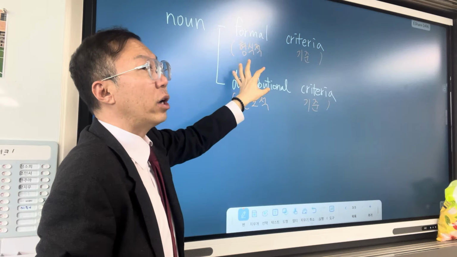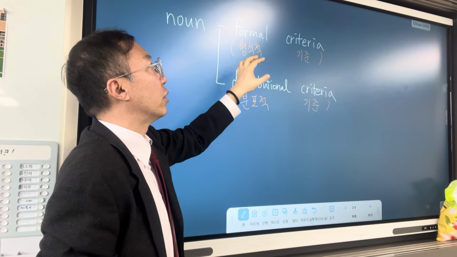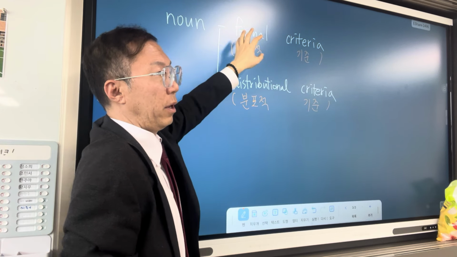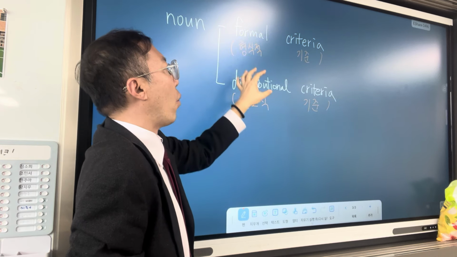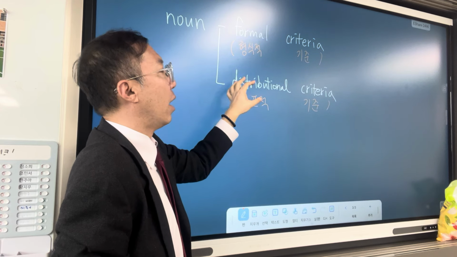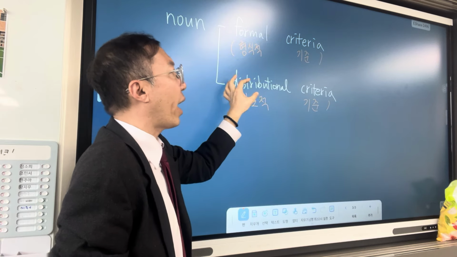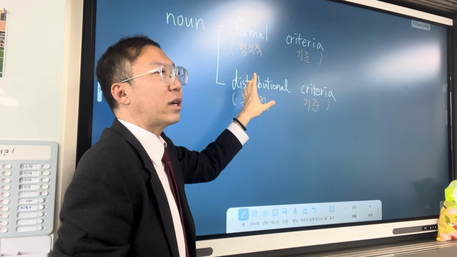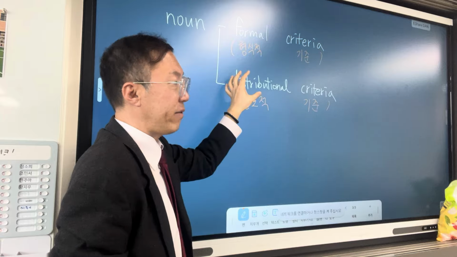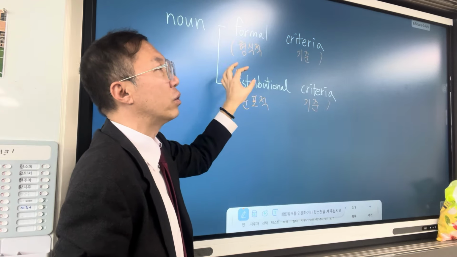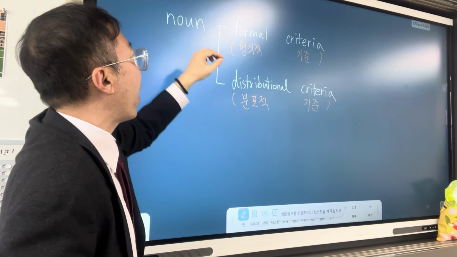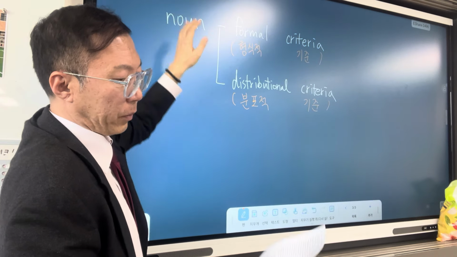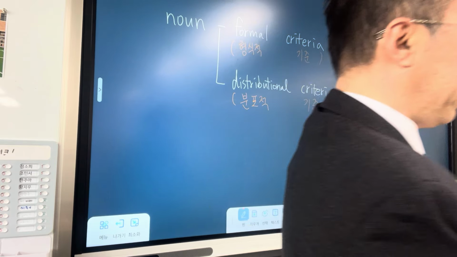So in other words, we'll try to take a look at the shape. What kind of shape does the word have to become a noun? Also, what kind of syntactic pattern? How does the word behave in the sentence? What kind of pattern does the word have in the sentence? We will also take a look at those distributional criteria to define noun classes. Okay? And next person, please.